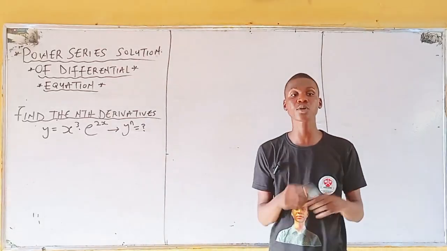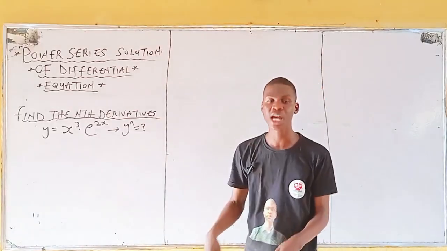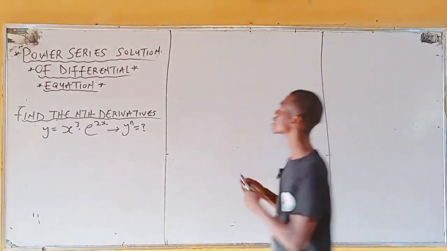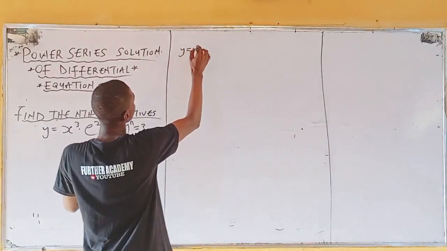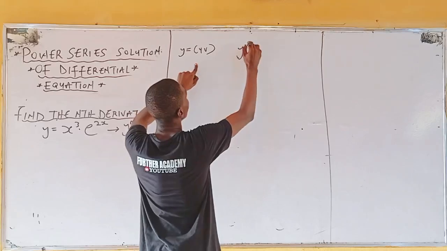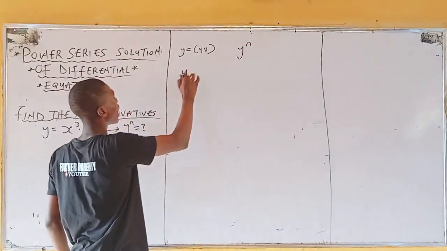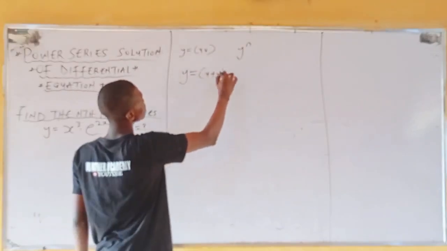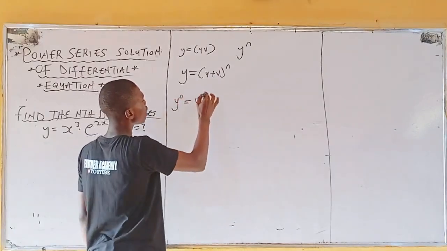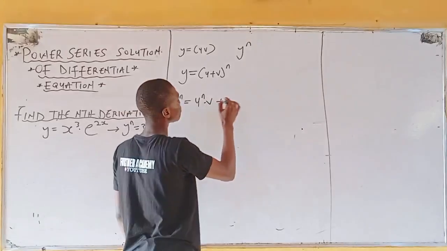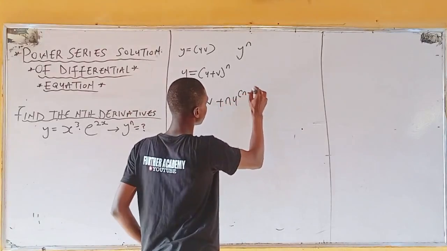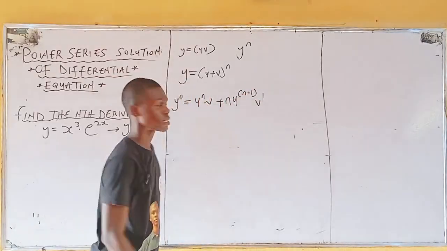First thing first, say you want to find the nth derivative of any given question, write out the general formula for the nth derivative. We've seen that given y is equal to uv, and we want to find the nth derivative, meaning y to the power of n, the nth derivative becomes u to the power of n multiplying v, plus n multiplying u to the power of n minus 1, v to the power of 1,